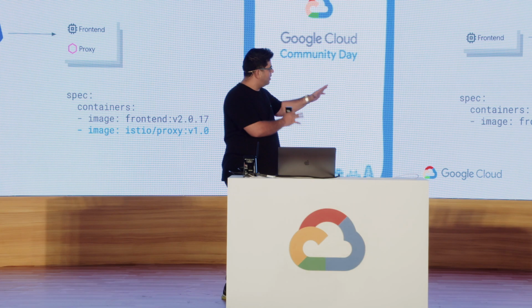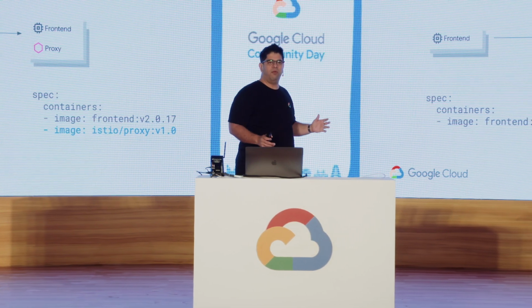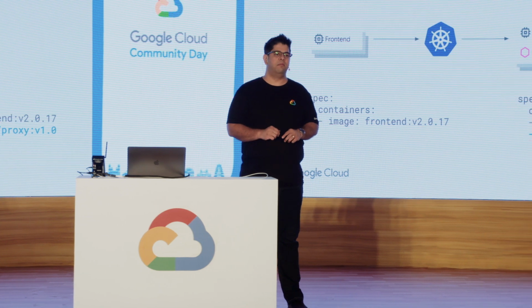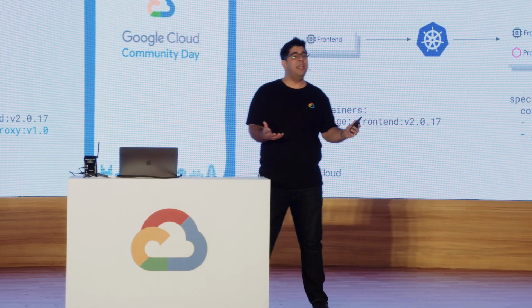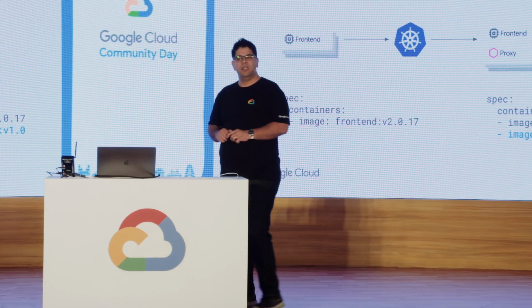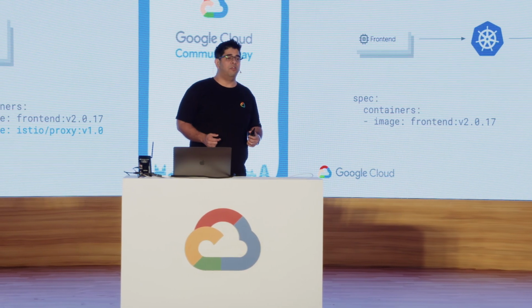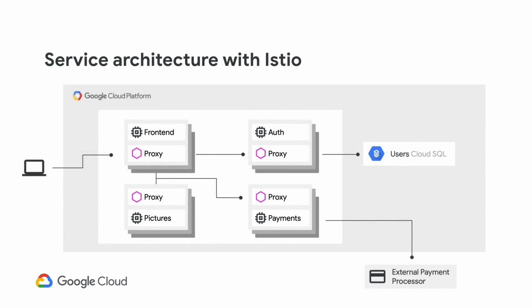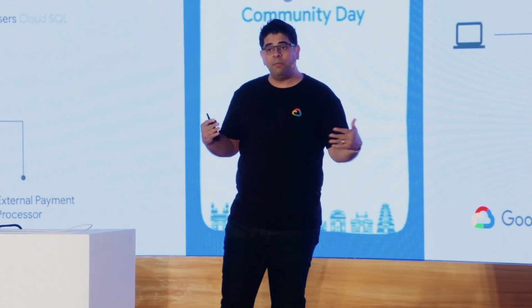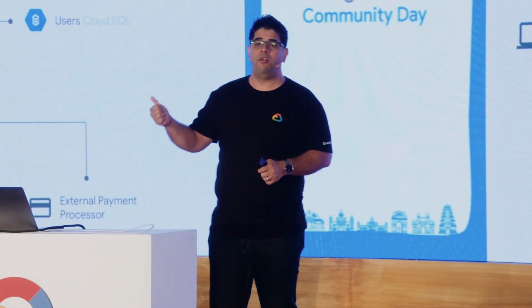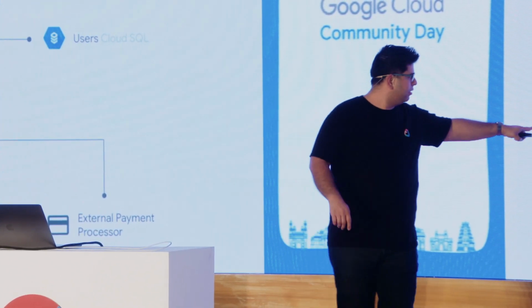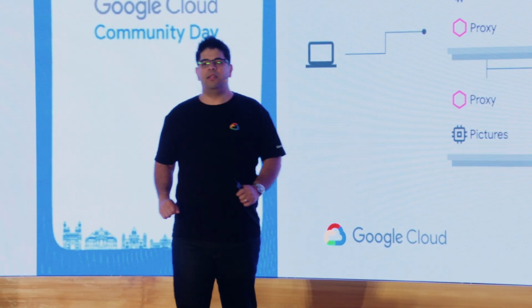The fact that this thing is injected in and it's a transparent proxy is really important. Because how much change did we make to our code to make this happen? Nothing. We got Kubernetes to do it for us, right? We deployed the proxy. So now we're able to capture all inbound and outbound traffic, and we can make some smart decisions about how we route that traffic. So eventually, we end up with something like this, where we put proxies next to each of our components. And now that we're capturing that traffic, we can do things like encrypt that traffic. We can do things like enforce policies so that the pictures component can't talk to any other component other than front-end.